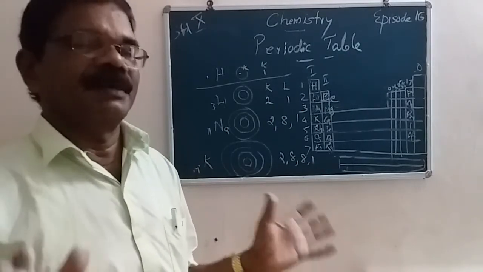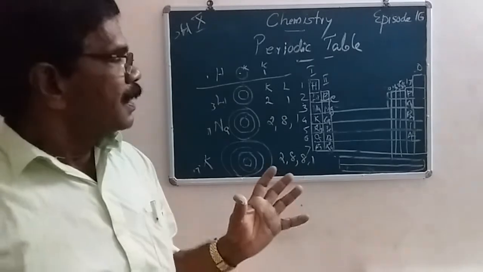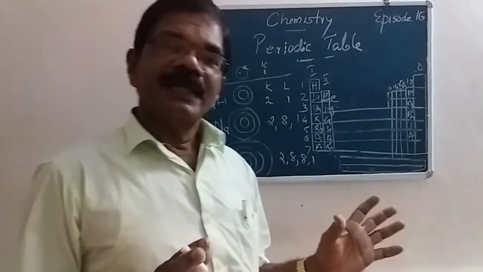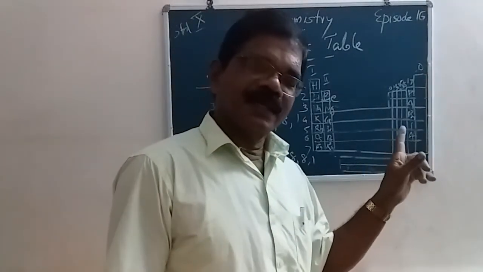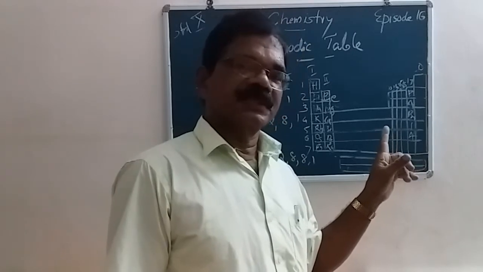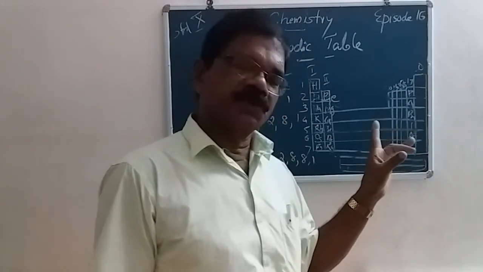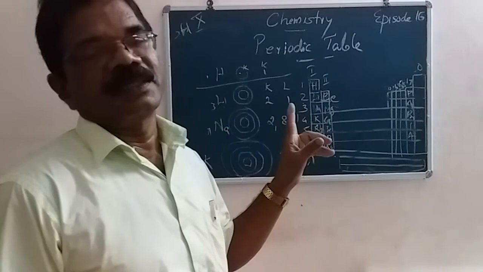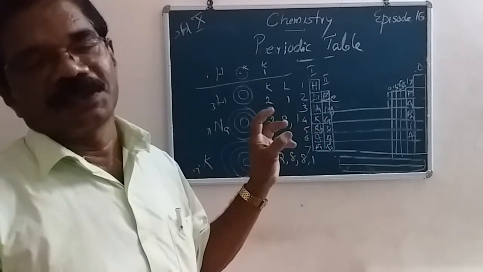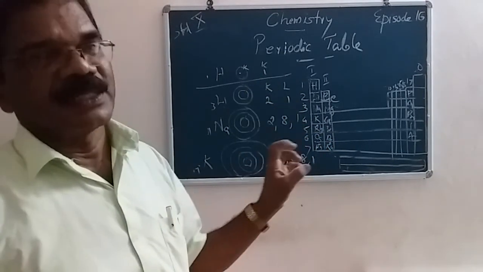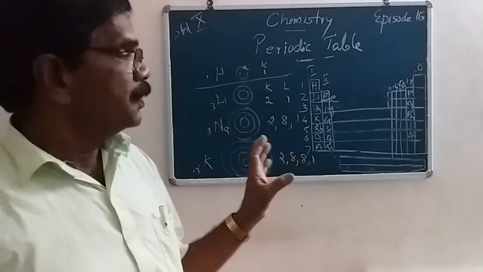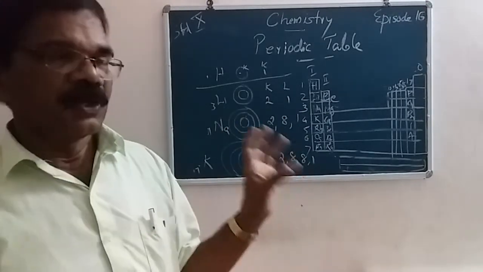Elements take part in chemical reactions by attaining 8 electrons. They already have 8 electrons in the outermost shell, except helium. Helium is also stable. It has only 1 shell, the K shell, with 2 electrons. It also has a filled shell. So there is no need to gain or lose electrons.